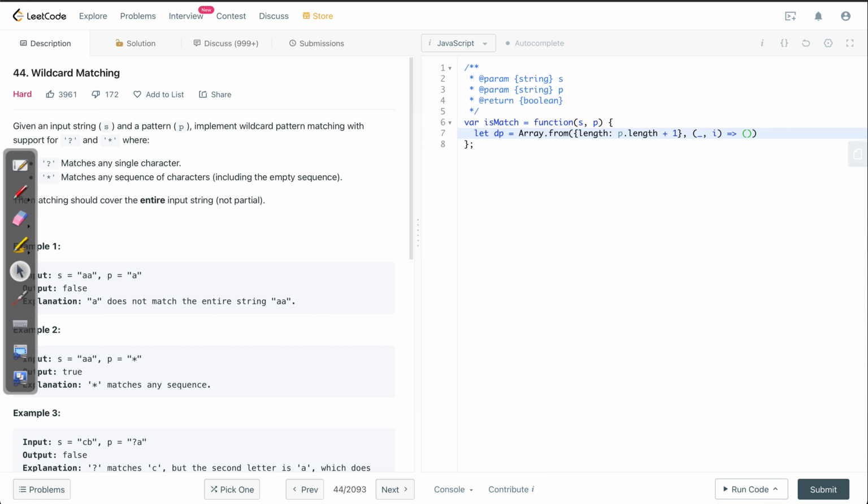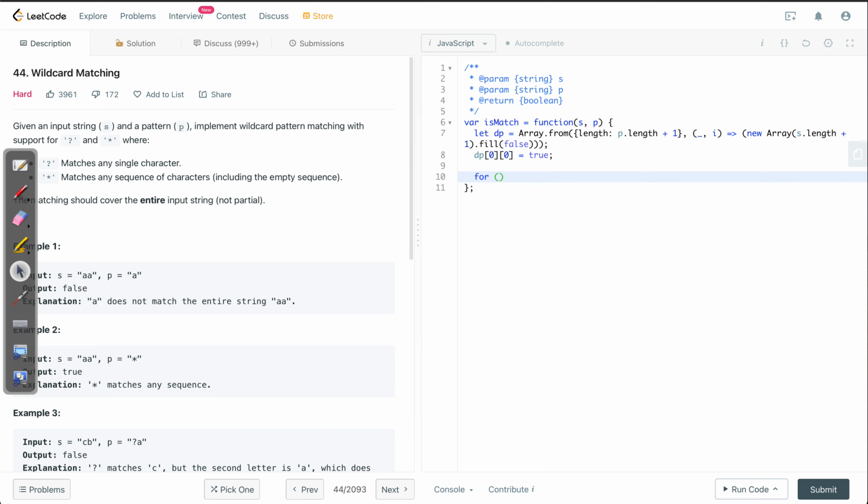The cells will be made from an array again, of length s.length plus 1, and we fill false by default there. Then dp of 0 is going to be true.